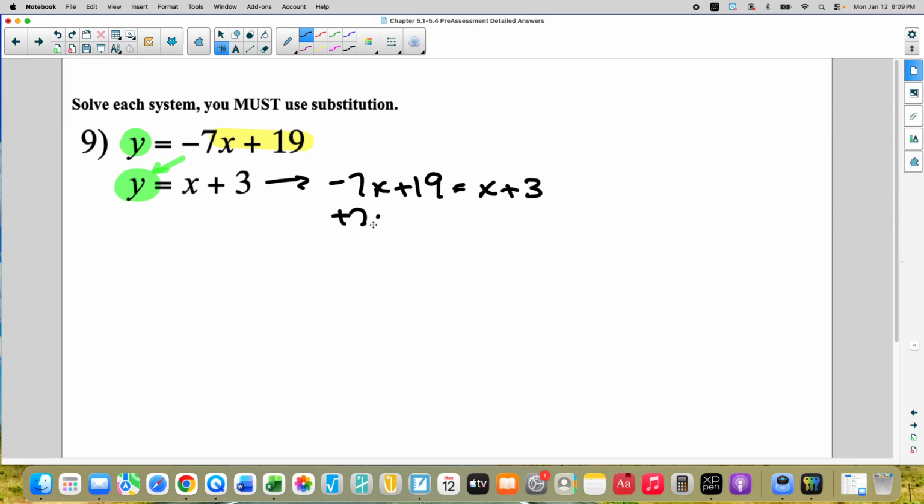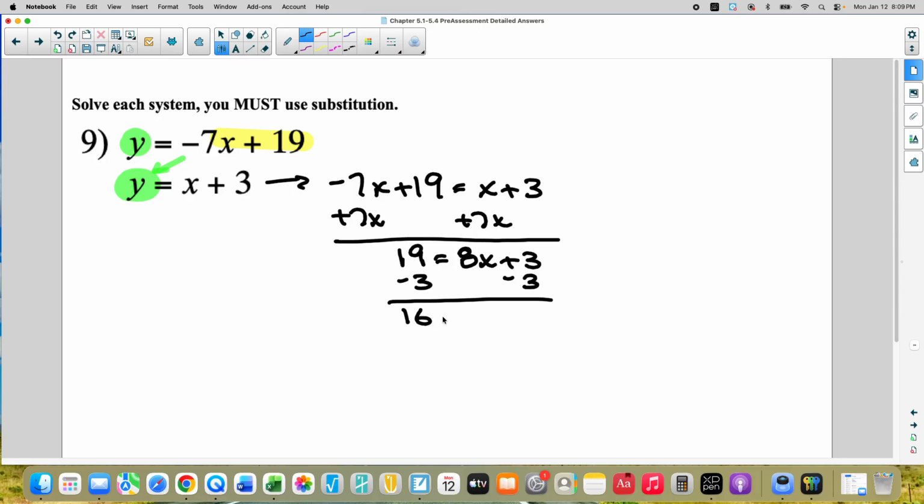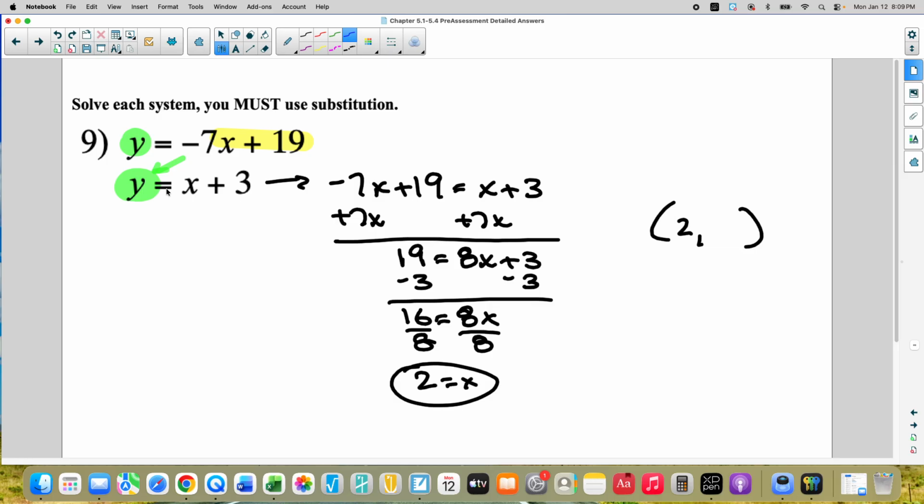Let's move the 7x. We have to move the variables first. 19 equals 8x plus 3. Let's minus 3. We get 16 equals 8x. Divide by 8. Divide by 8. 2 equals x. That's my x value. And I'm going to use, I used the bottom equation, so I will use equation number 1 to find,